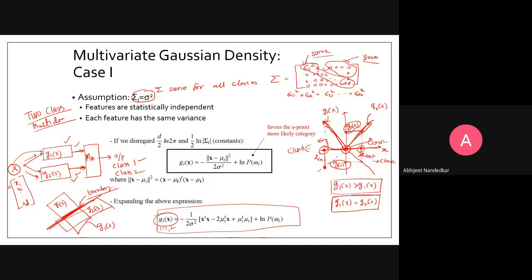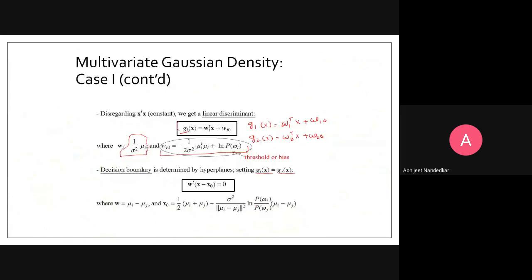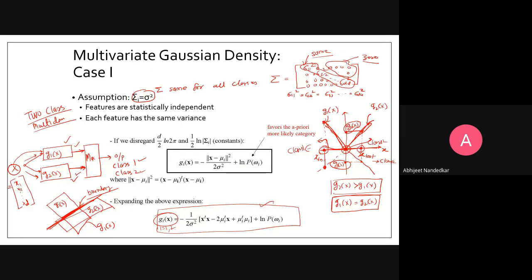Okay, so the same thing is written over here: if I find G1(x) is equal to G2(x), that means the two functions are meeting each other. That will give me the equation for the decision boundary. So the equation for the decision boundary is this one: W transpose into (x minus x0) equal to 0. To obtain this, you have to take into account this equation. You have to take G1(x) and G2(x). So if I write it that way here itself,